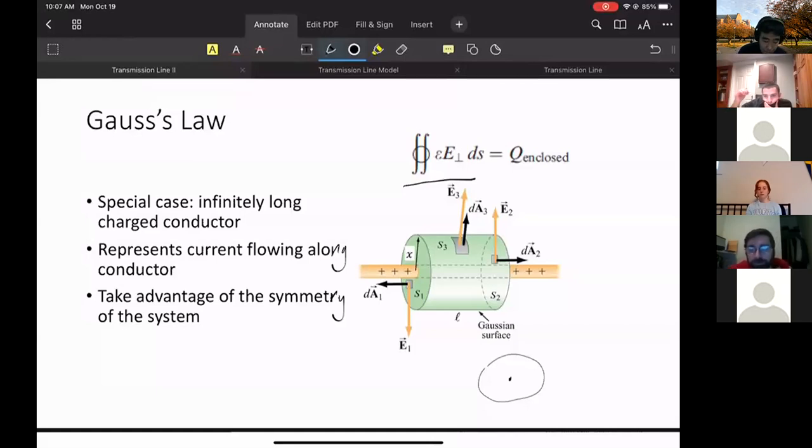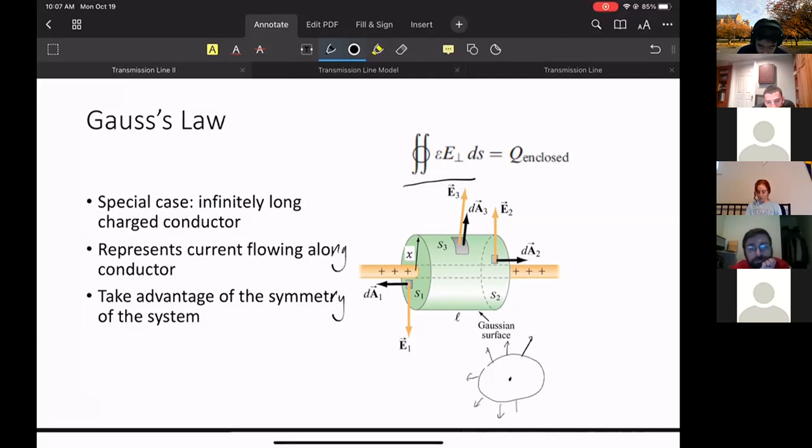Can the field point this way along the conductor? Can the electric field point like this? No, right? This breaks the symmetry. Because this conductor is symmetric, we cannot have a field going in one direction or another along the conductor. So the only way the field can point that does not violate the symmetry, since everything is symmetric along the conductor, is